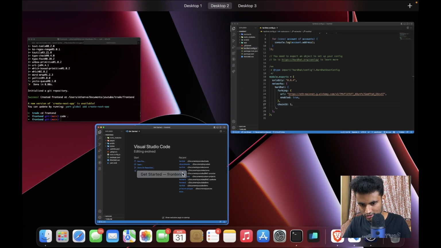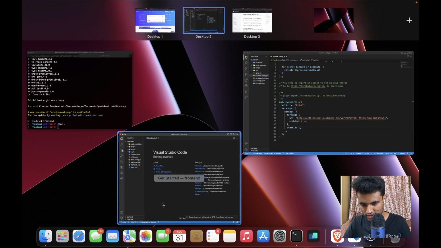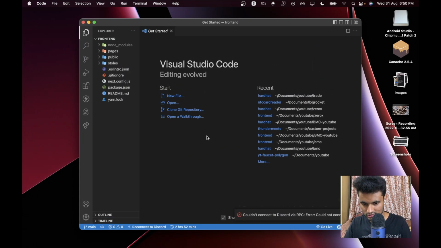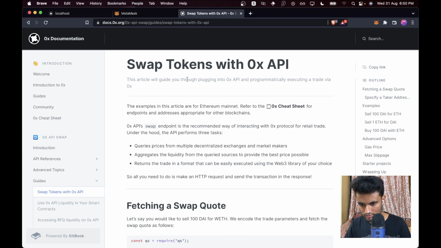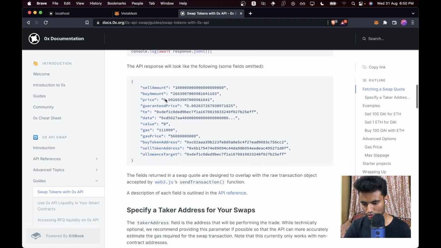Let's put this into another desktop. So I'll just bring in another and paste, and I'm just going to full screen. Perfect. Is everything okay? Yep. And also this is the documentation for 0x. I will share this URL in the description so that you can see how to go ahead with